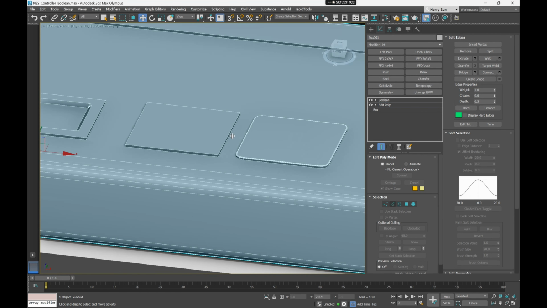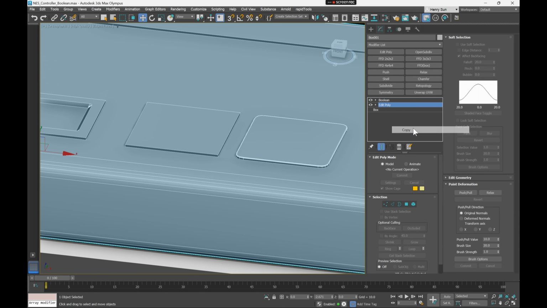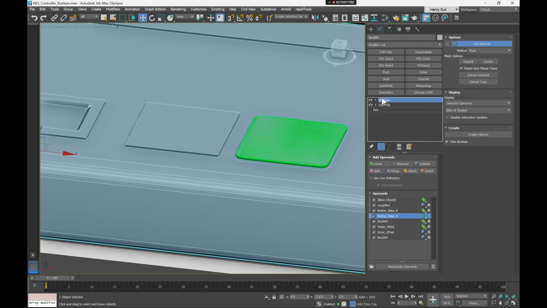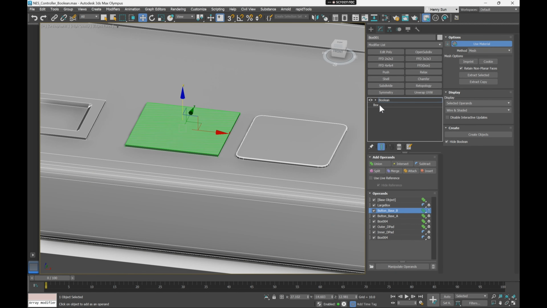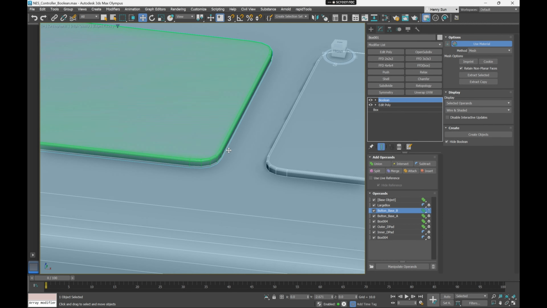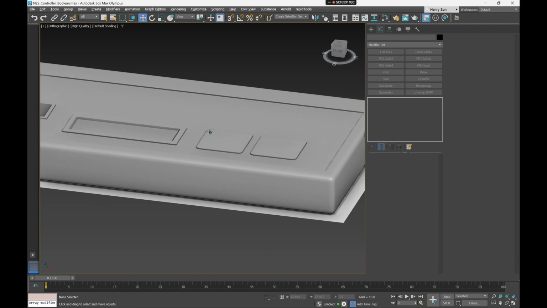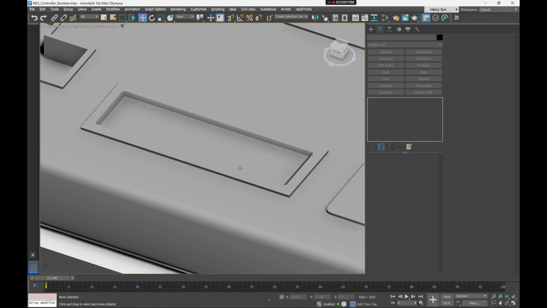What I want to do here now is do the same to the other side. So I might be able to just copy this edit poly because the object is pretty much the same. So I'm going to right click and copy. Go to the Boolean modifier and go to button base B. Select the box and right click and paste. And it looks like that's worked, which is great. So all I have to do here is